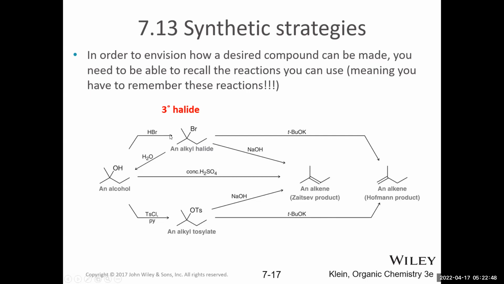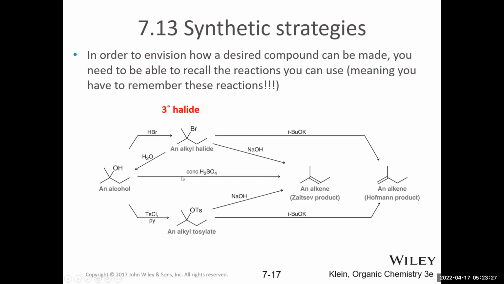Alcohols, we can still use the reactions to go from an alkyl halide to an alcohol and an alcohol back to an alkyl halide. With a tertiary alcohol, we can convert that back into a tertiary alkyl bromide, also with HBr, similar to the primary alcohol to the primary alkyl bromide from the last slide. The difference is with the primary substrate, the mechanism is SN2. With the tertiary substrate, the mechanism will be SN1. And it's additionally SN1 to go back to the alcohol with water.